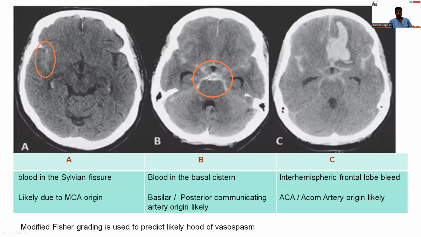Whenever you see hemorrhage at the basal cistern, then think of the lower arteries, that are the basilar artery and posterior communicating artery. But when we see a hyperdense lesion way up above in the interhemispheric frontal region, then think of the ACA